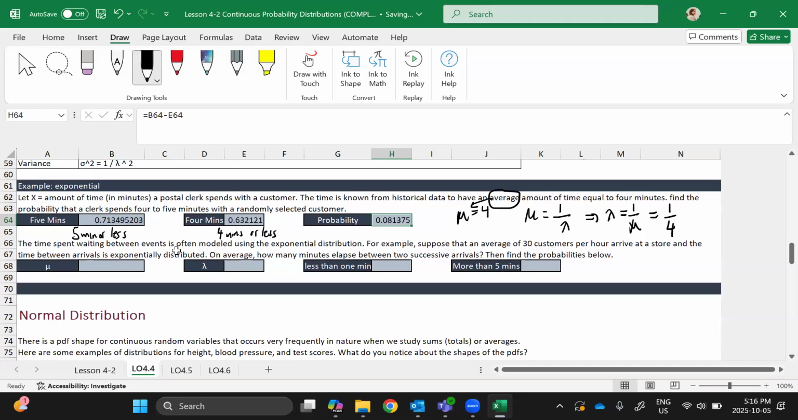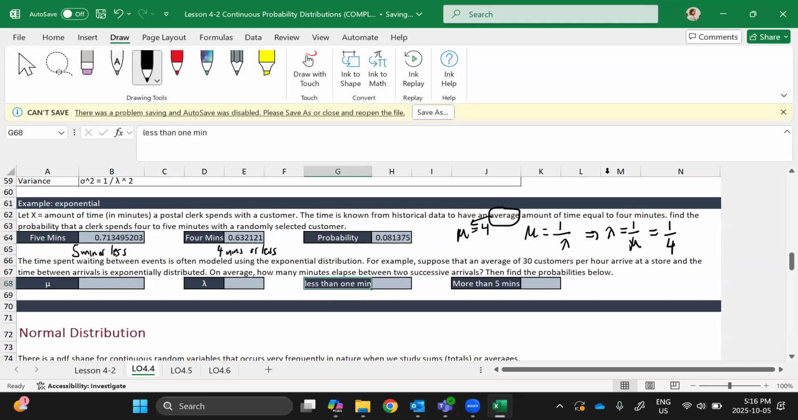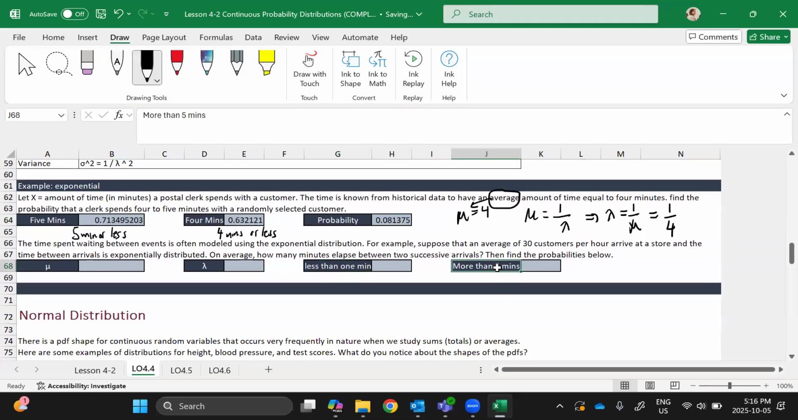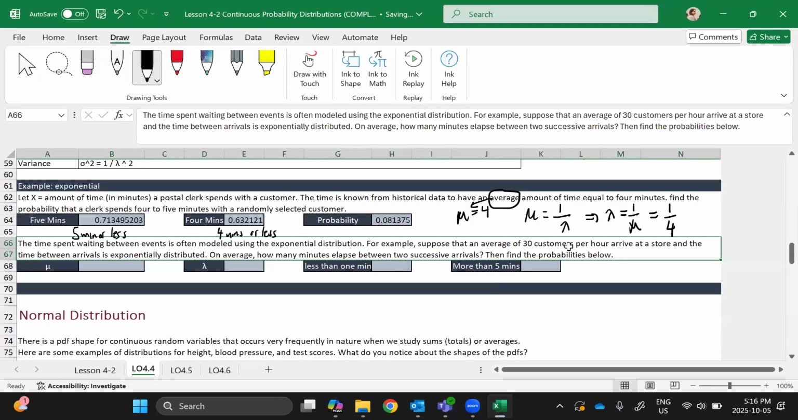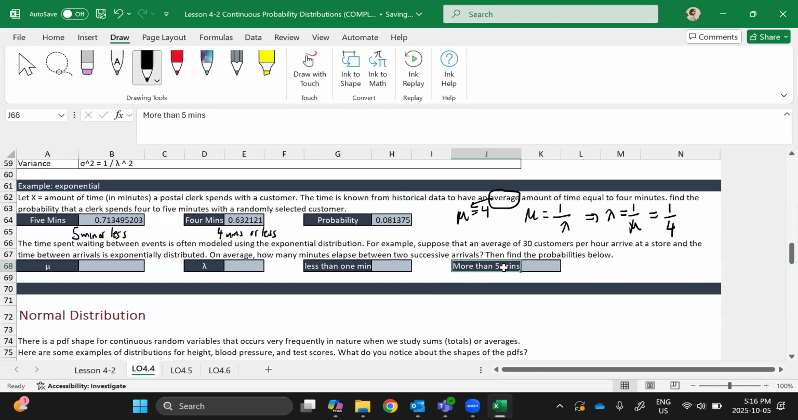So the question's asking us to find the probabilities for less than 1 minute and more than 5 minutes. But when we look at the question, we're told an average of 30 customers are served per hour. Because you want the probabilities per minute, we must convert that into how many customers are served per minute instead of per hour. So if 30 customers are served each hour, there's 60 minutes in an hour and 30 customers you serve. So it's 2 minutes per customer